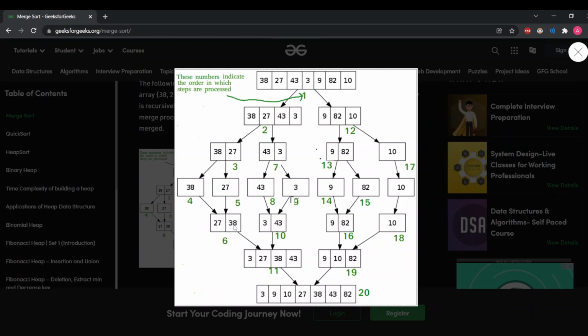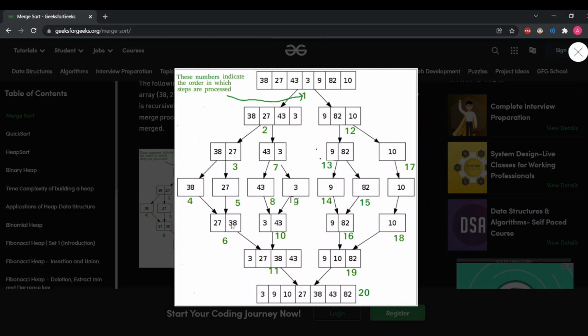This is the basic criterion: we compare the elements and then store them in our array. Here as well, 43 is compared with 3. As 3 is less, 3 will come first and 43 after it. Now 9 is compared with 82. 9 will come first and after that we'll have 82. 10 is single, so it will come as it is. Now we have merged arrays with two elements.